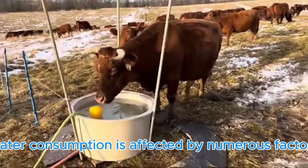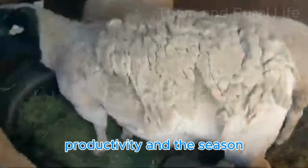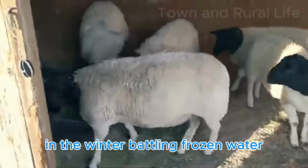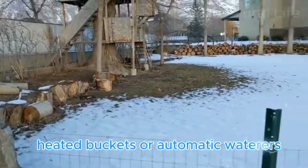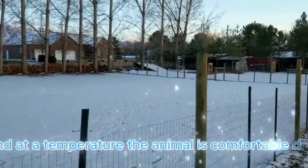Water consumption is affected by numerous factors such as animal size, diet, productivity, and the season. Dehydration can be fatal to animals. In the winter, battling frozen water buckets and tanks can be a challenge. By using immersible tank heaters, heated buckets, or automatic waterers, water is kept ice-free, and at a temperature the animal